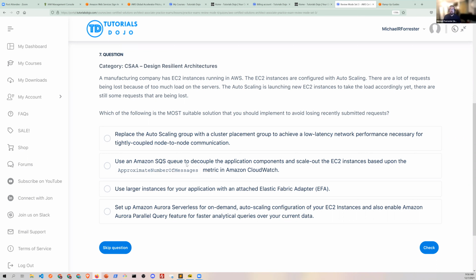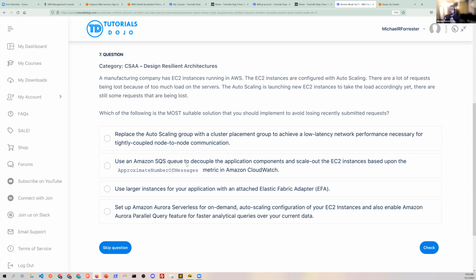That's exactly right. SQS, by the way, is a great landing zone for anything that has orders, requests, or messages. And remember, that fits with the SA principle of loose coupling. How do we receive all of the orders and requests in a way that doesn't overwhelm the servers that have to process them?